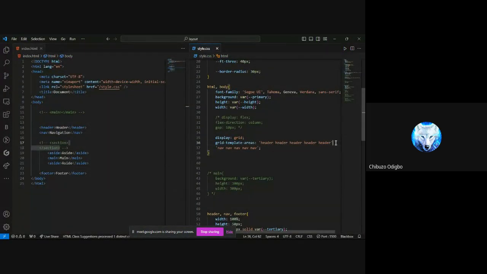Okay, maybe I'll come here. So when this place takes the nav, we go again, and then we now want this thing to have this, we now say